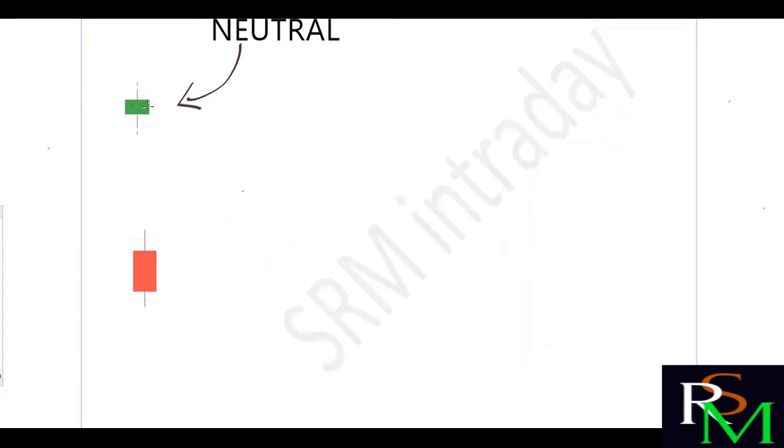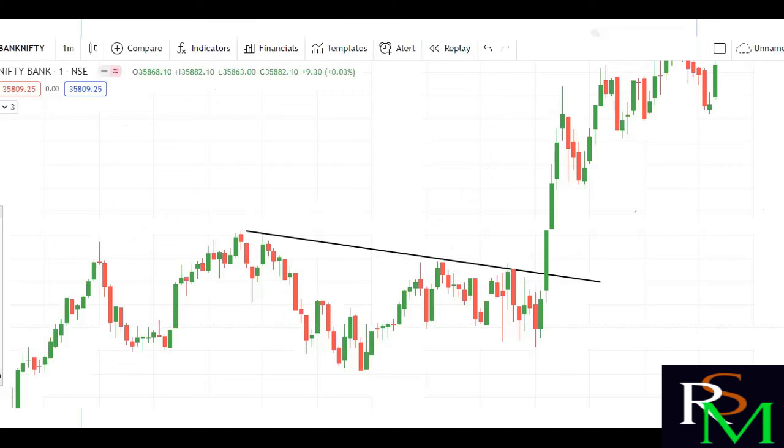I have already shown the body, but a wick is also there. Not 80% of the candle is body. The body is 50%, and the wicks total 50%. This is also neutral. There is no meaning. It means the market is bearish, okay, the market is a little bit bullish. We cannot take any decision based on this candle. You can find thousands, hundreds, lakhs of candles like this in the pattern, but we need to identify some important candles. Now, coming to the live chart, I have taken the screenshots here.